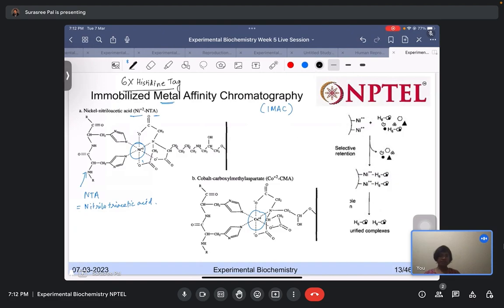There are specific vectors where this tag is incorporated, expressing 6 consecutive histidine residues in frame with the protein, so that the protein can have this 6x histidine tag at its N-terminal or at its C-terminal. Now what is the importance of the 6x histidine tag is that these histidine molecules, they can,